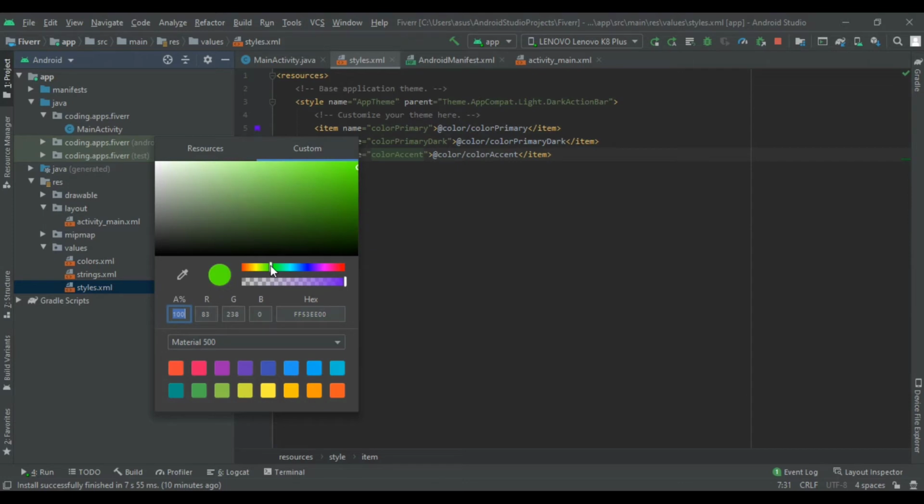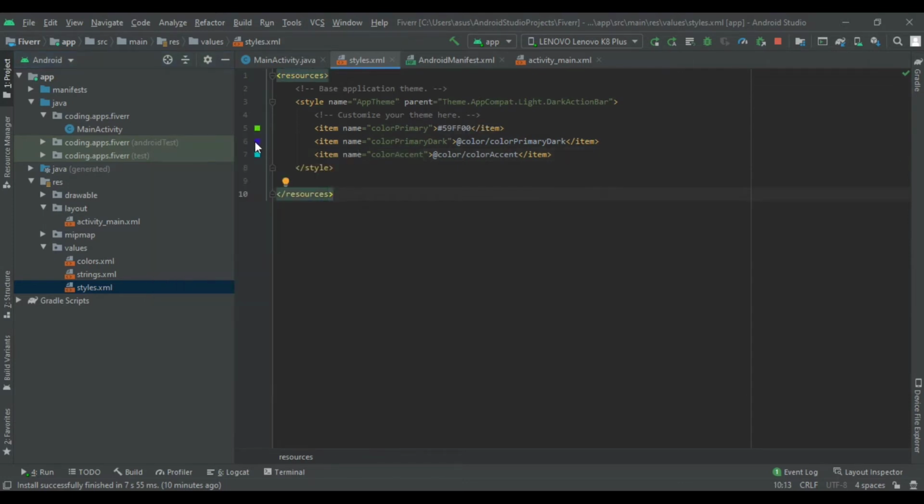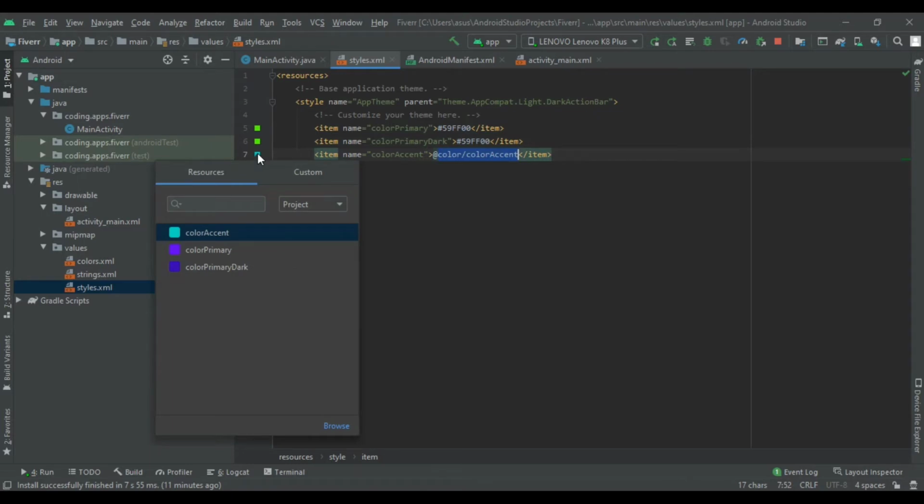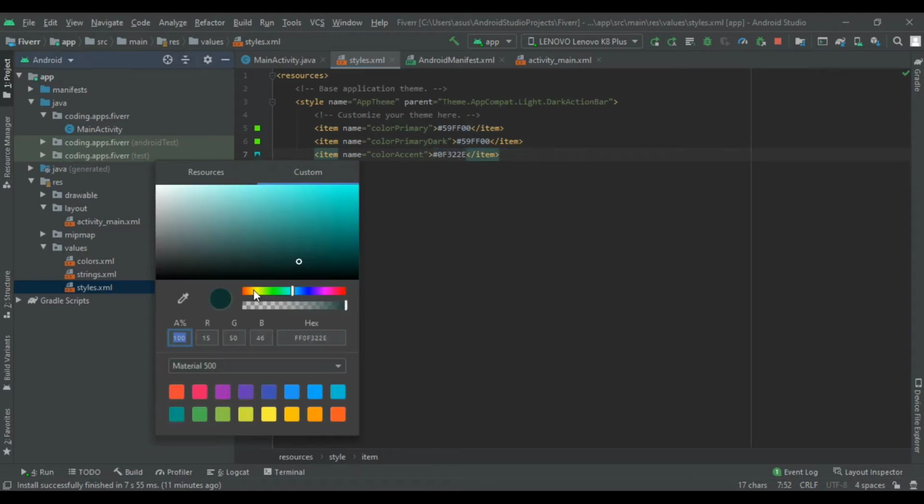With the same value we replace color primary dark. And the accent color will be orange. Let's add a hashtag here, and our color accent will be an orange type color. So here it is.